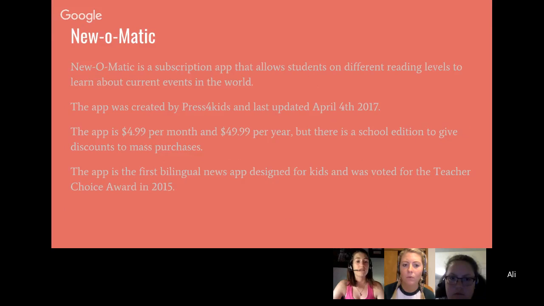The next one that we're going to be talking about is Newsomatic. Newsomatic is a subscription app that allows students on different reading levels to learn about current events in the world. The app was created by Press for Kids and was last updated April 4th, 2017. The app is $4.99 per month and $4.99 per year. So it is more cost efficient to get the year one, but that is only for the app itself for